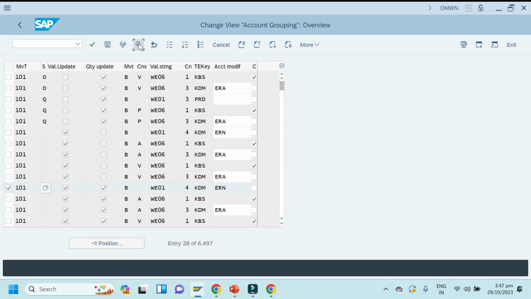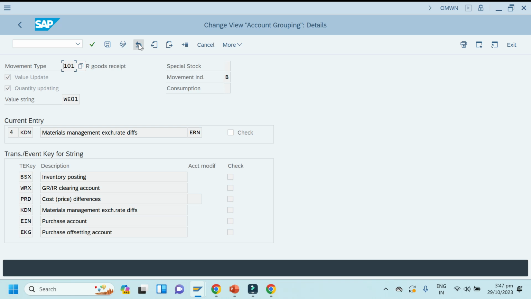I'll open one here. You can see for each movement type a valuation string is assigned, here W01. So it will be different for each movement type.